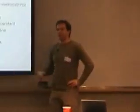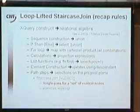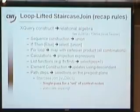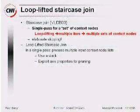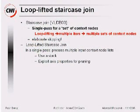And there is something called loop lifted staircase join. That's my last optimization thing. So we had already staircase join. The staircase join is this scan with skipping, kind of semi-join, and it works on a set of context nodes. So you have a path expression, there is a set of input nodes, and within one sequential scan with skipping, you generate a result. However,